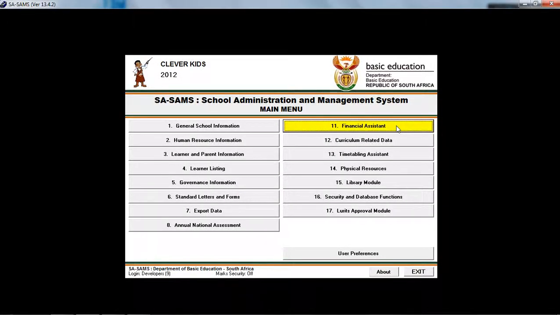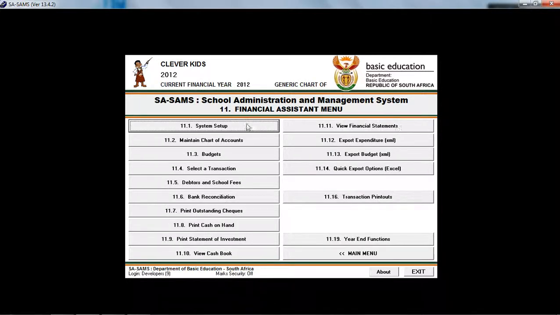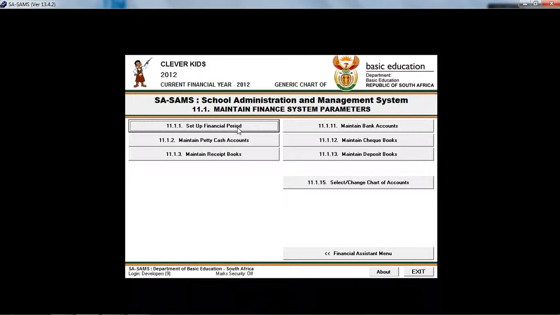Module 11, the financial assistant. It is broken up into quite a few components. We shall start off with 11.1, System Setup. 11.1.1,